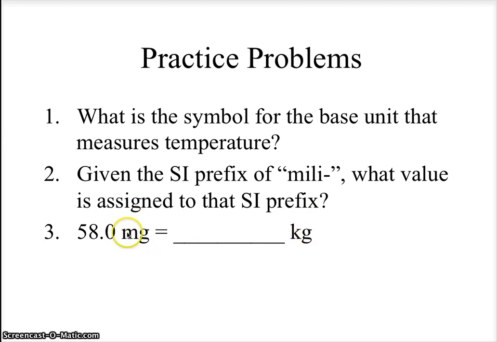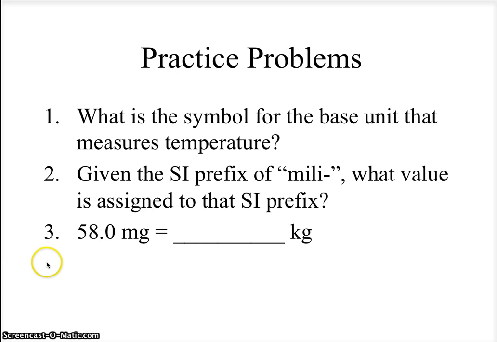Now, knowing that milligram is a smaller unit than kilogram, and that we have to make sure that the equation is equal, when we move the decimal point in 58.0, we're going to move this decimal point right here to the left